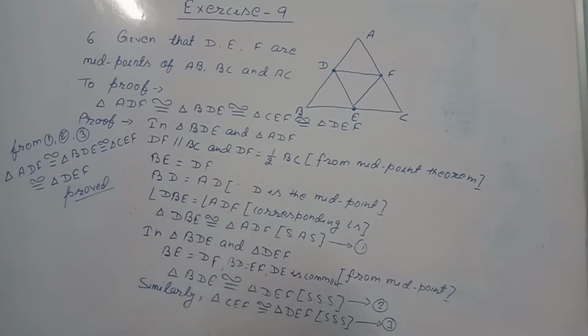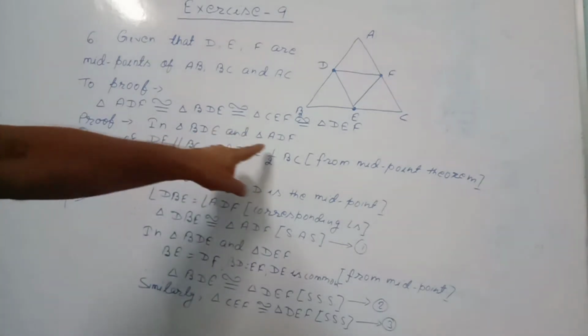Question number 6. ABC is a triangle in which D, E, F are midpoints of AB, BC and AC respectively. You are asked to prove triangle ADF is congruent to triangle BDE, is congruent to triangle CEF, is congruent to triangle DEF. Means all these four triangles are congruent. Proof. At first, in triangle BDE and ADF,